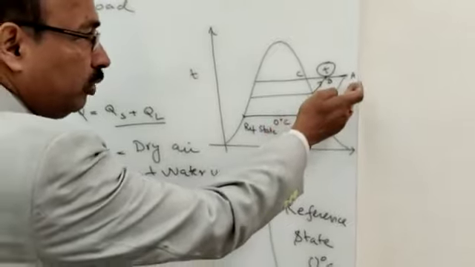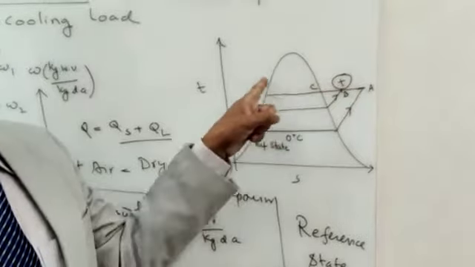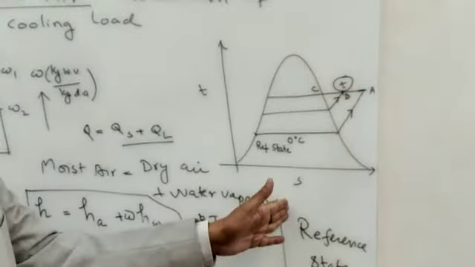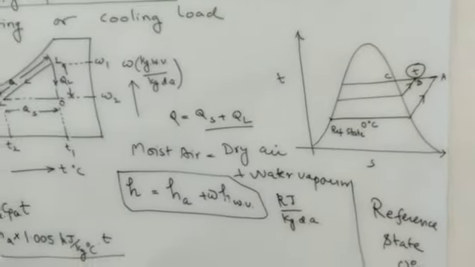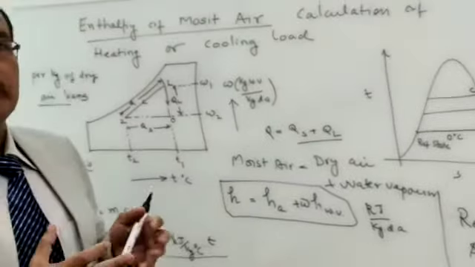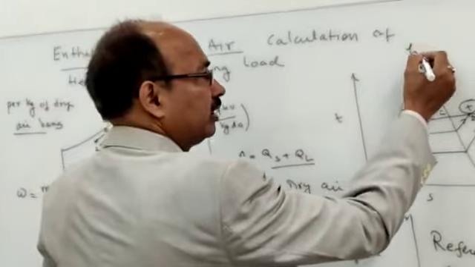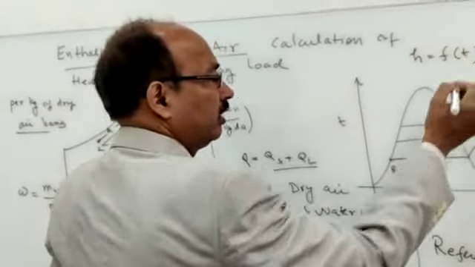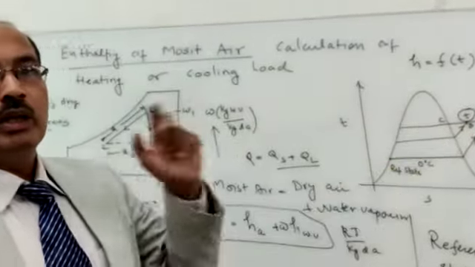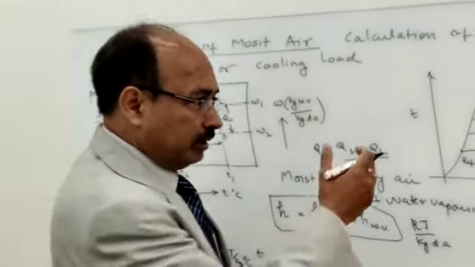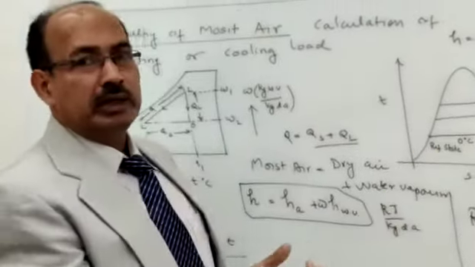Now I have shown 3 points A, B and C, and all are having the same temperature, because we are talking about a T-S diagram. So what is the difference between enthalpy at A, B, C? In air conditioning, we assume that moist air behaves as a perfect gas, and for a perfect gas, enthalpy H is a function of temperature only. So you can find enthalpy at A, B and C, and you will see the results are the same.